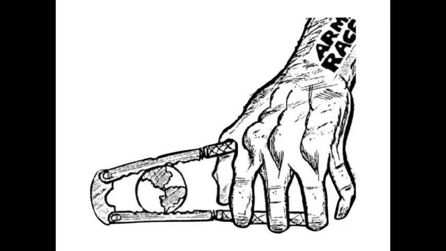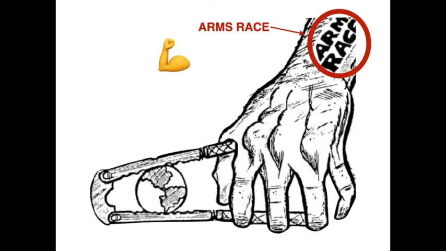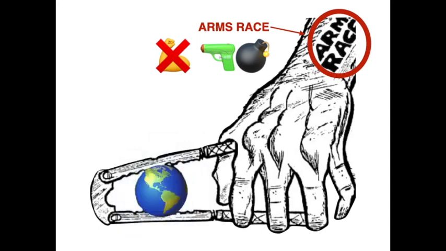All right, so let's look at a political cartoon. In this cartoon, the first thing I see is there's a label on the arm. It says arms race. Now, think about the context here, though. Although the arm is labeled arms race, we're not talking about an arm. We're talking about weapons, guns, bombs, etc. So as we move down here, I see that there is the Earth. The Earth is being held in a nutcracker, right? What is going to happen in this cartoon? What could the arms race do to the Earth?